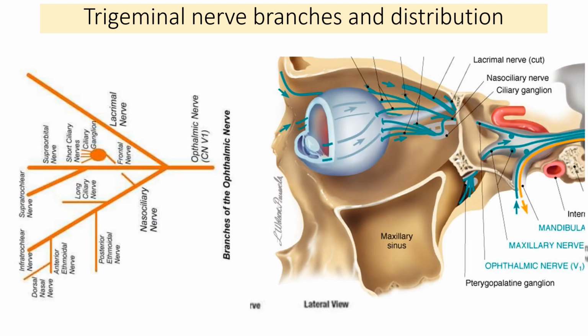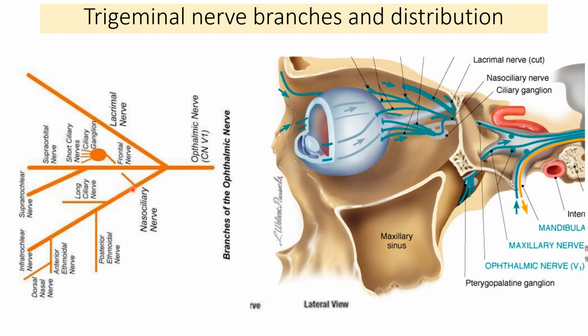First we'll talk about the ophthalmic division. Again, see the position of the trigeminal ganglion at the apex of the petrous temporal bone. It is dividing into three divisions. The ophthalmic division will enter the orbital cavity through the superior orbital fissure, and immediately here it gets divided into three main branches. The lateral branch is the lacrimal nerve, the middle branch is the frontal nerve, and the medial branch is the nasociliary nerve. In this schematic picture, appreciate this: the lacrimal nerve, frontal nerve, and nasociliary nerve.